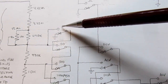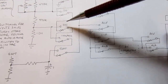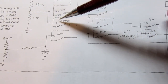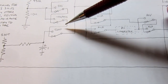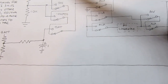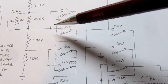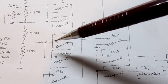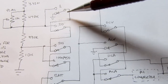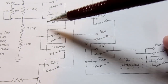And if you're not in any of these ranges, this is the 2 volt switch, the 20 volt switch, 200 volt switch, and the 1000/750 switch, depending on whether you're in DC or AC, and you're not in battery test mode. So these are all the range switches right here. If you're not in any of those, then you have a ground potential that goes through all these switches. They're all shown in their normal position. If any of these switches is to the opposite position, then that's a depressed button. So these are all shown unpressed. So that ground is just rippling through all of these,